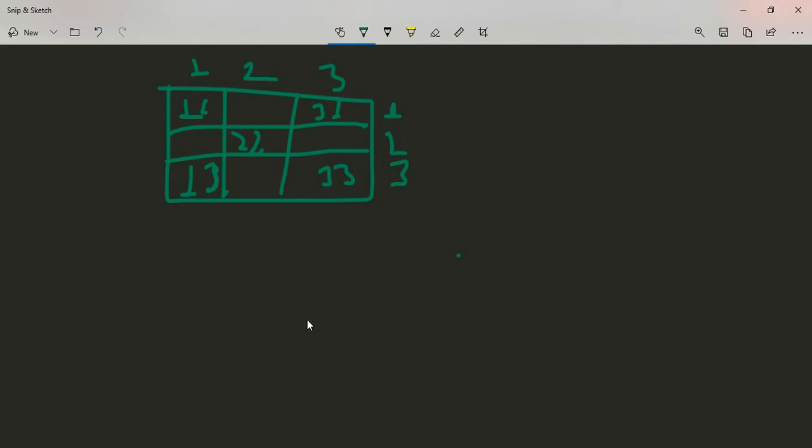What we can see is that the sum of row index and column index is always going to be equal to the value of n plus 1, that is 3 plus 1, 4, and here 2 plus 2, 4, and then 1 plus 3 equals 4. So you can take any matrix and the sum of row index and column index for the right to left diagonal is always going to be equal to a specific value. So we have done this. Now let's move to the program.